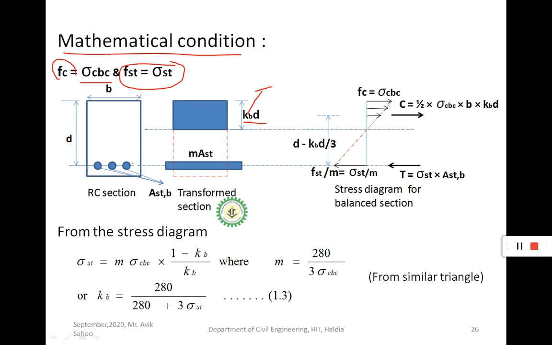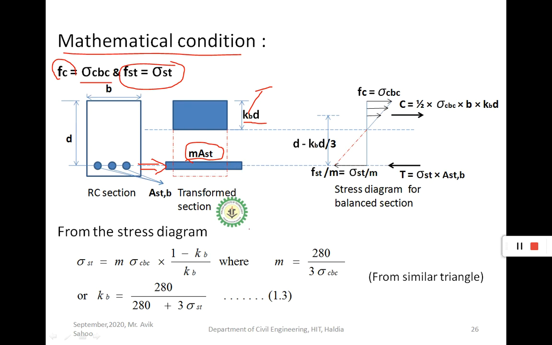And the transformed steel: when we do the analysis of a composite section, the material is converted to a single material. So here steel is converted to the equivalent concrete. The amount is what we already discussed, m times the area of steel. And again the dotted line means concrete will not carry tension and the entire tension is taken up by the steel.